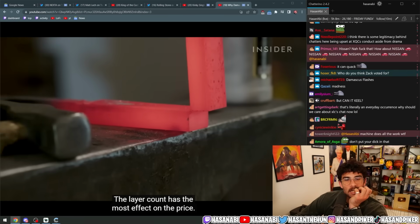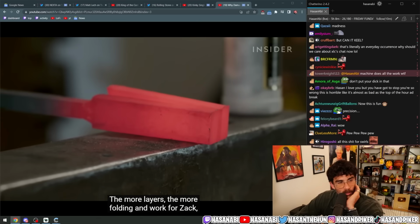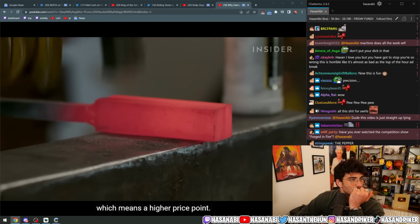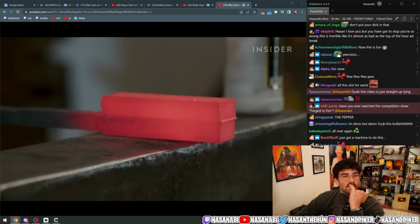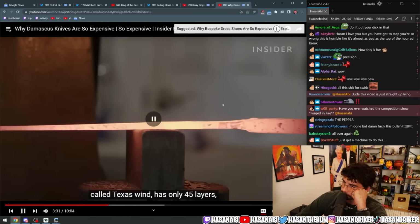The layer count has the most effect on the price. The more layers, the more folding and work for Zach, which means a higher price point. The pattern on this particular knife, called Texas Wind, has a...